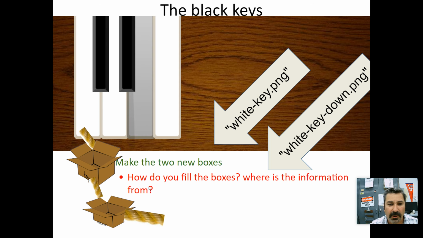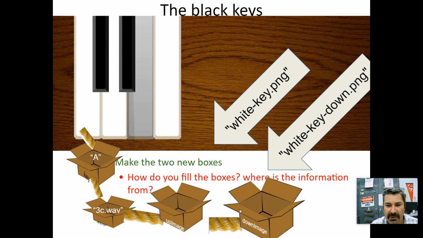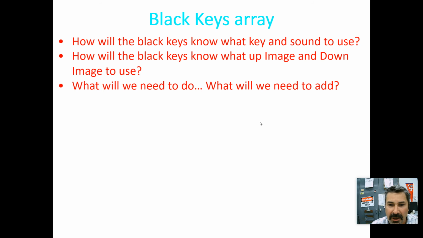Now, how do we fill those? If we have the up image and the down image, how are we going to fill those boxes? Well, that information is going to come from the piano world when we build the keys. We have to send it the image, white key.png, and the down image, white key down.png. And we're going to send it to the